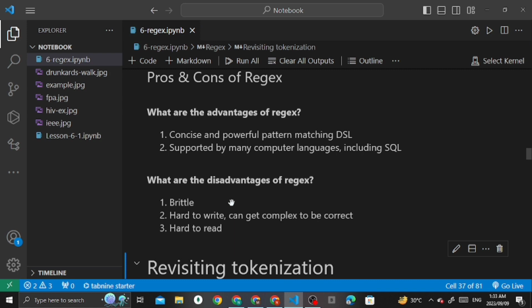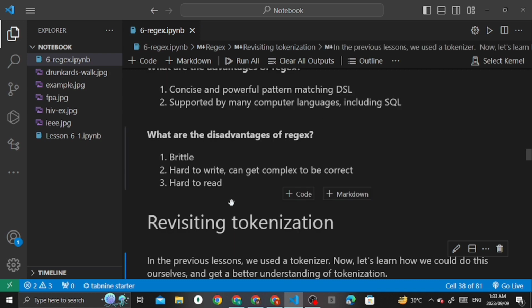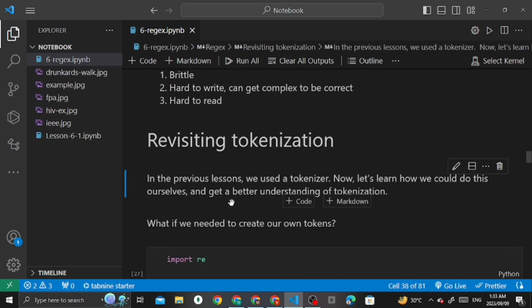It will get hard to understand and revisit when you are opening that notebook again and seeing, oh my god, this is so hard to understand.